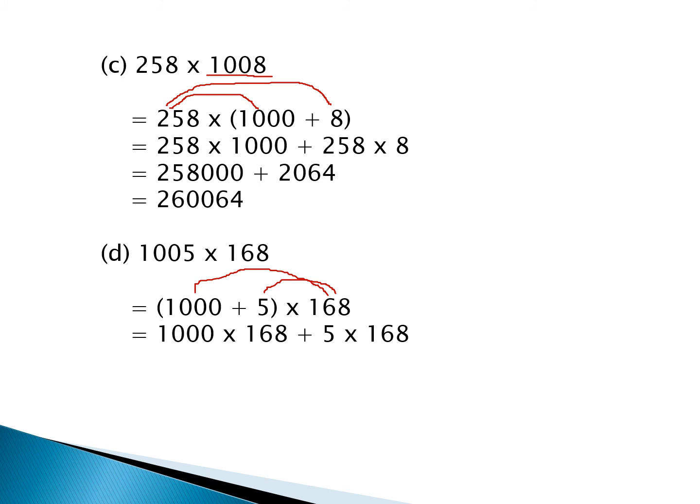Children, I told you that order does not make any changes to the answer. You can write 168 multiply 1000, or you can write 1000 multiply 168, as this is commutative. Multiplication is also commutative. You can change the order of the terms. It doesn't make any changes. So now after solving it, we will get 1,68,000 plus 840. Now these two terms will be added together to get the answer. It is 1,68,840. Now this is the answer of this question. Is this question clear, children? Good.